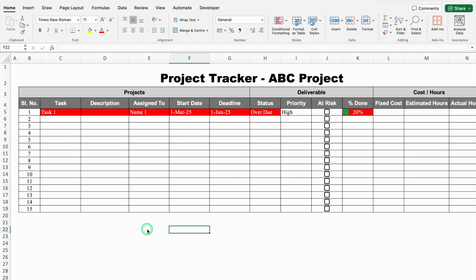This is a project tracker which I have created in Excel. Before creating the new format, let's see how it works. On the left hand side, we have got all the details of the projects like task, description, assigned to, start date, deadline and status. Whenever we start a task, we have to put it over here. I'll put as task